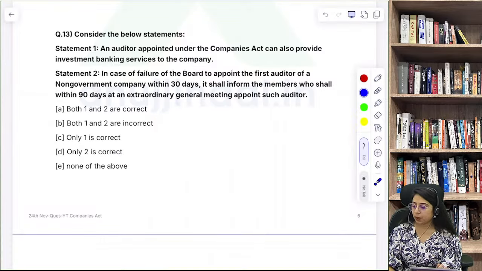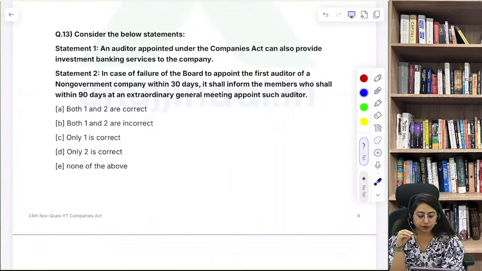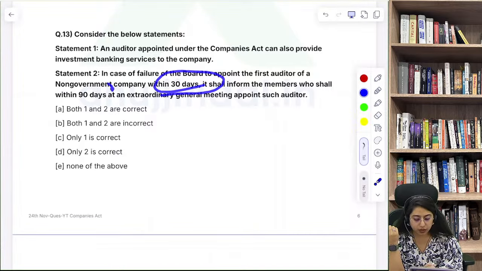Question number 13, everyone. Please read the statement carefully. While analyzing such questions, you need to also observe where the examiner makes the mistakes to make the statements correct or incorrect. Either "not", or "can also" or "cannot" provide, they can make the changes here or here. Sometimes they'll make this correct and this incorrect, and this incorrect and this correct, so that the statement would be considered as incorrect. So observe questions like that. Question number 13, everyone.